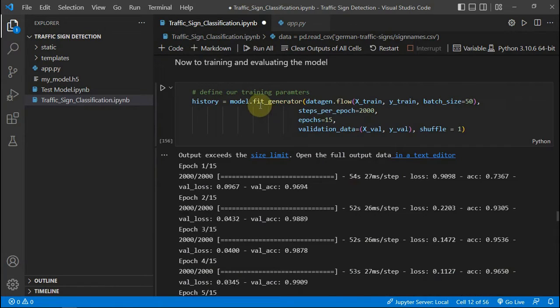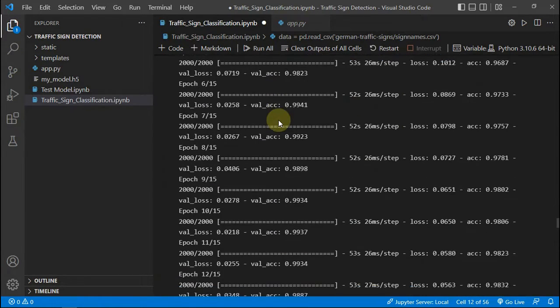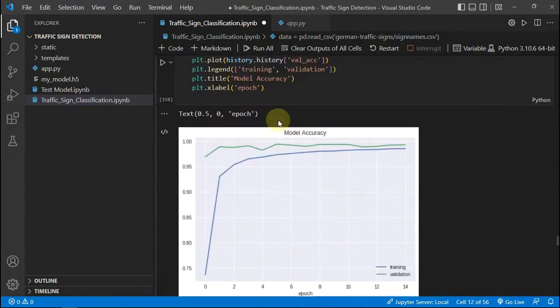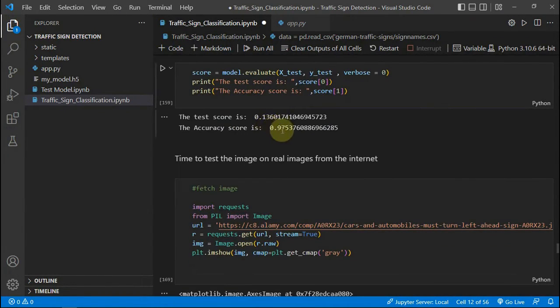Then I have just fit this model on our data set, and I have entered accuracy somewhere. Yes, so 97% was the accuracy score which I got,